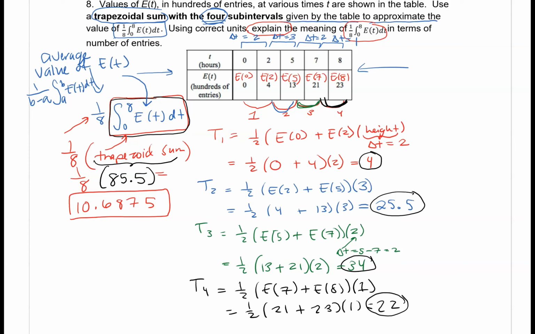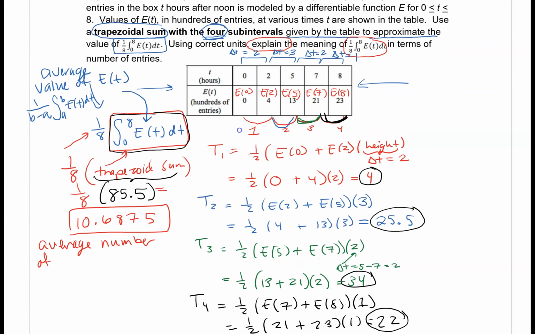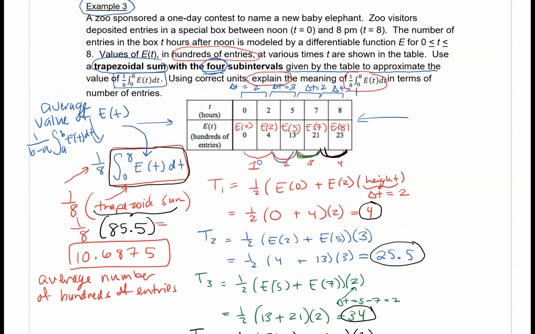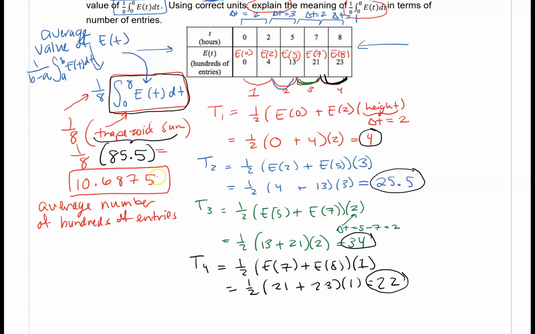But anyway, since we're doing this AP question right now, you can see how they want you to describe what things mean. So this would represent the average number of, now remember, E(t) was in hundreds of entries. So the average number of hundreds of entries for naming this new baby elephant, right? People put in their names. So this is the average number of hundreds of entries in the box